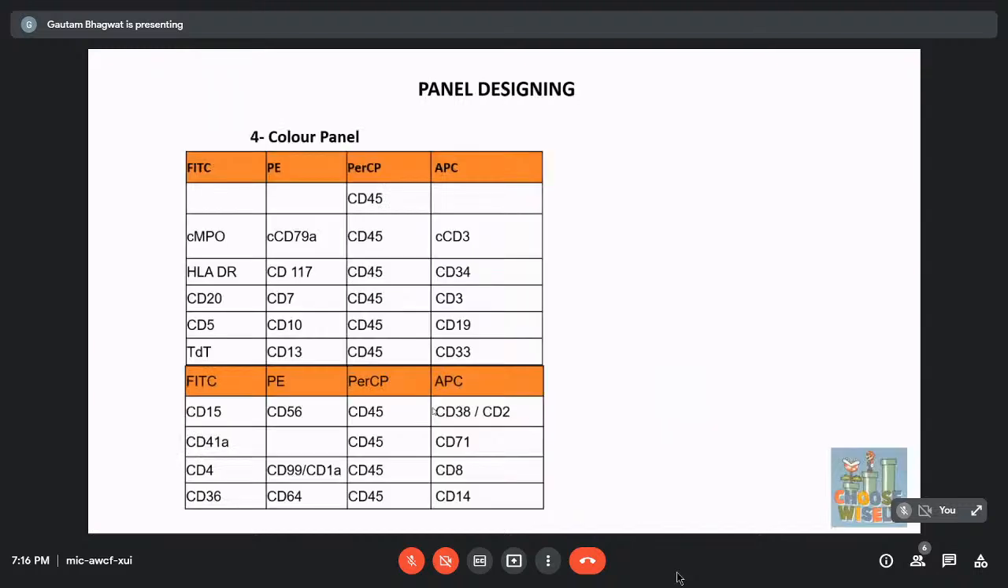Next important thing is panel designing. Now, in 2008, we had Indian guidelines which had a 4-color panel. So there would be a B cell tube, a T cell tube, and a stem cell tube. But nowadays, the 4-color panel is not being used, and it is almost outdated. Although I still feel a diagnosis can be made based on the 4-color panel, but yet, as I had mentioned